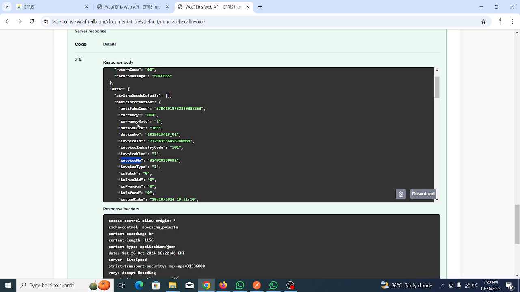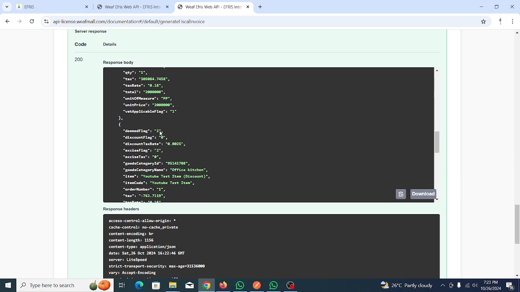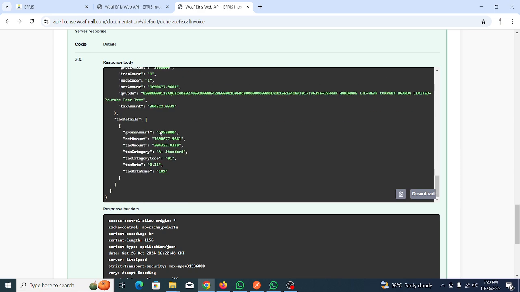You need to extract the anti-fake code. It is called the verification code. And at the bottom, there is QR text, this. So you need to extract this text and convert it into a QR readable format,